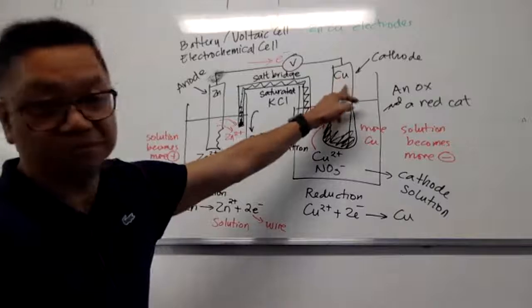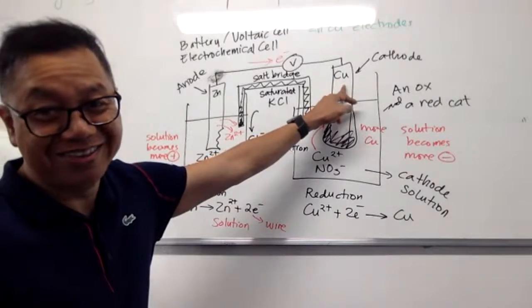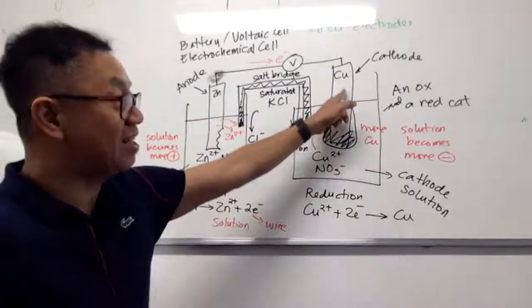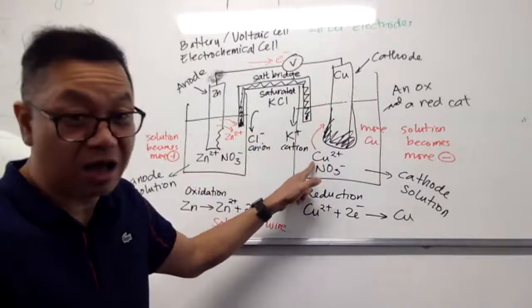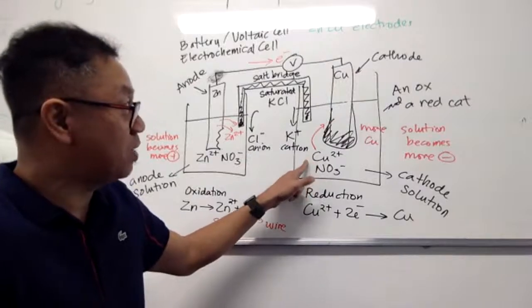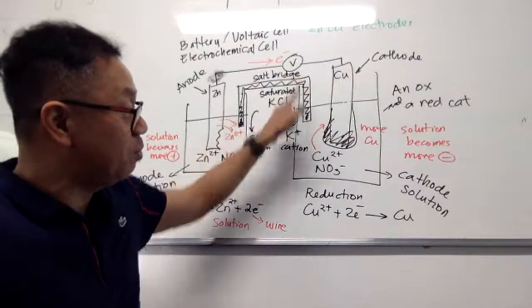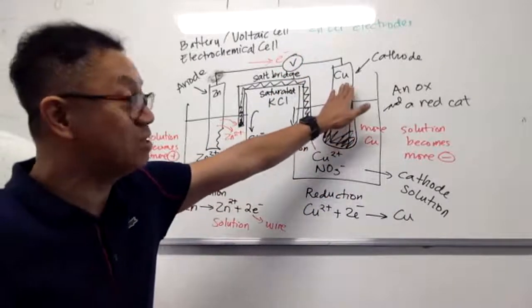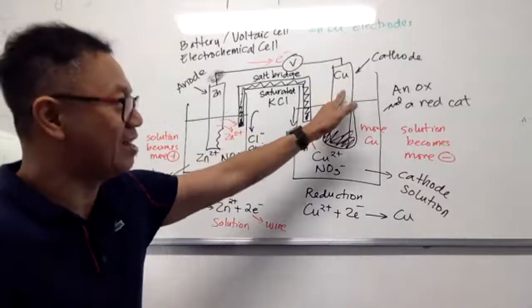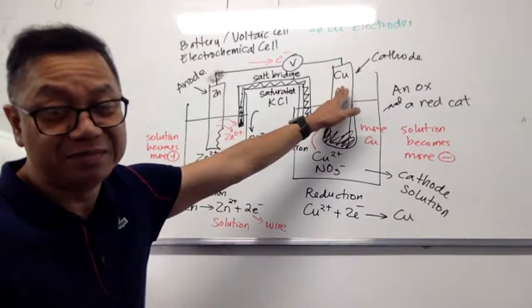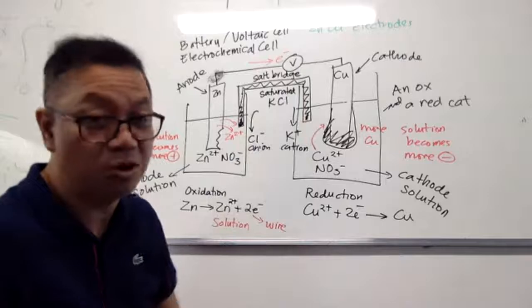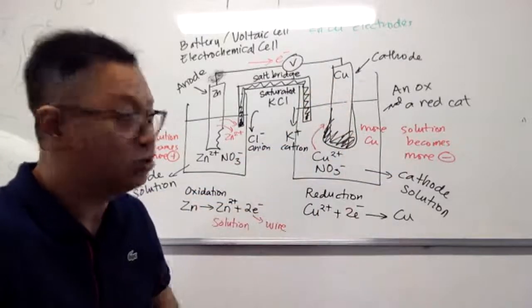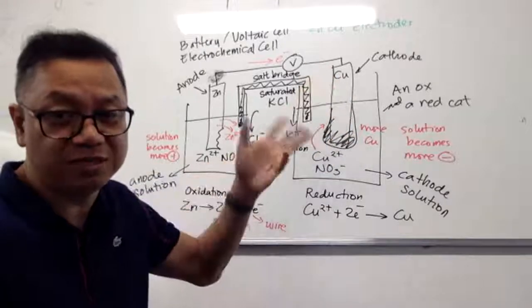Now the copper is not the one reacting here. Remember, copper is a product. This is not the reactant. The reactant is here, the copper 2 plus. The copper 2 plus will accept the electrons flowing from the wire. They combine together to form copper. In fact, you can replace this copper with a different metal that does not react. Let's say graphite. You can replace it with platinum, with gold, things that cannot